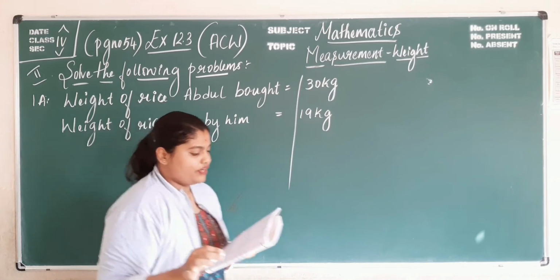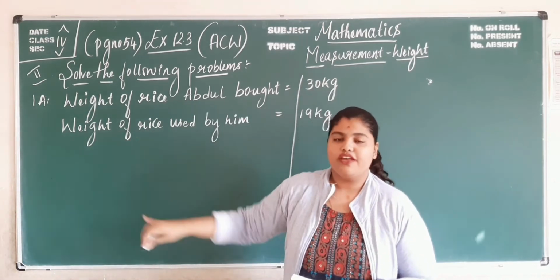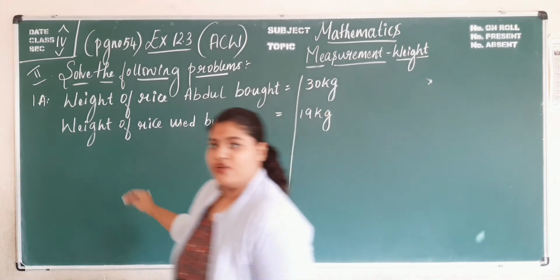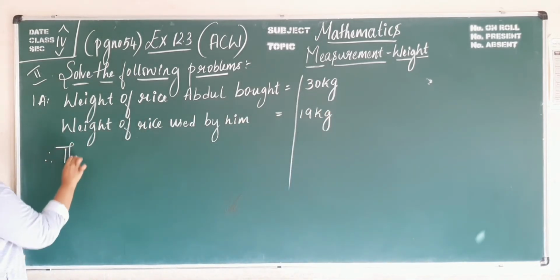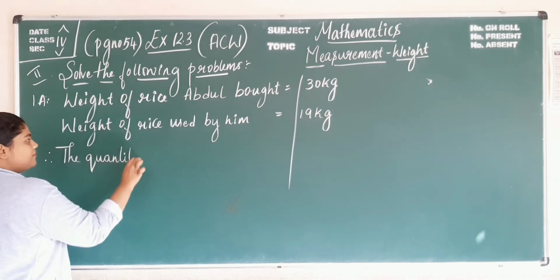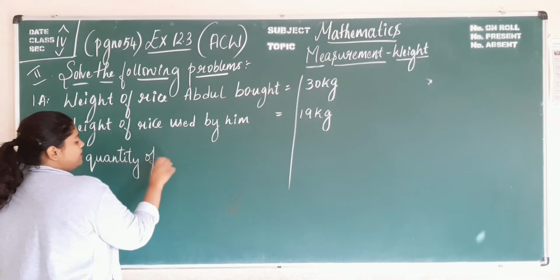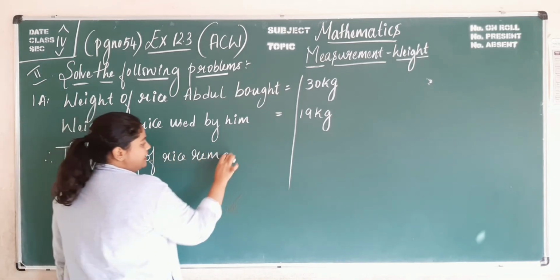Now what do we have to find out? What is the quantity of rice remaining? So therefore, the quantity of rice remaining